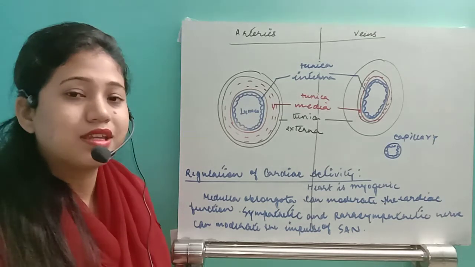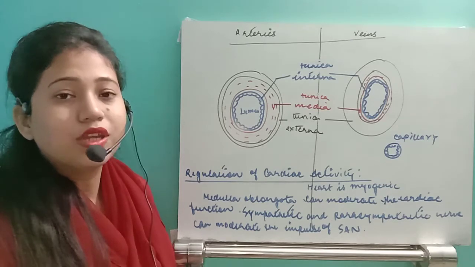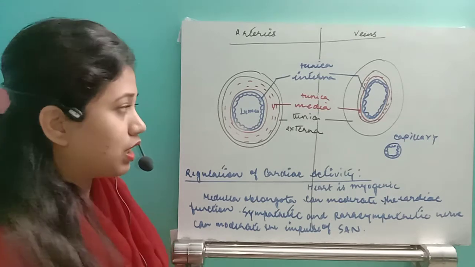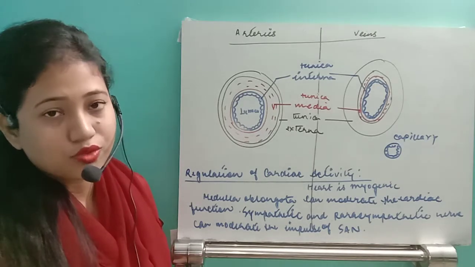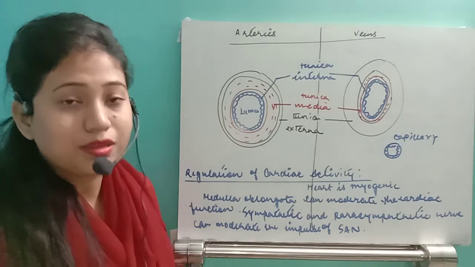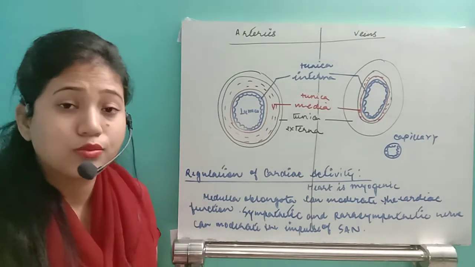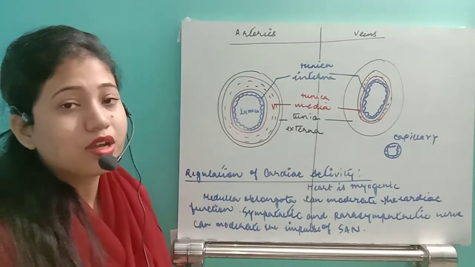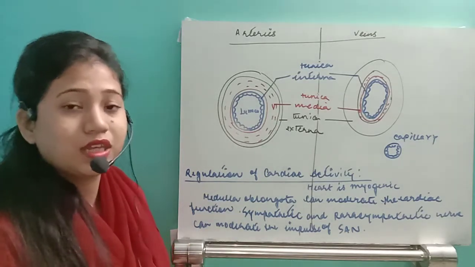In case of arteries and veins, they have three layers. What are they? Tunica externa, tunica media and tunica interna. Tunica externa is the outermost layer, tunica media is the middle layer, and tunica interna is the inner or innermost layer. Tunica externa is very thin in case of arteries and it is very thick in case of